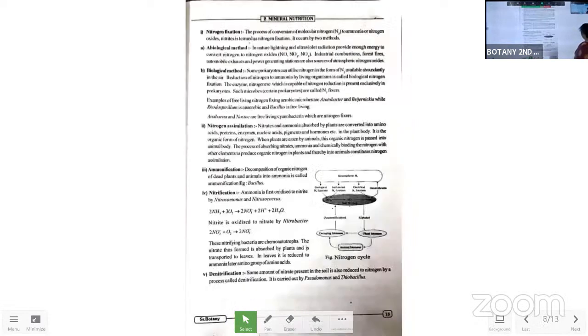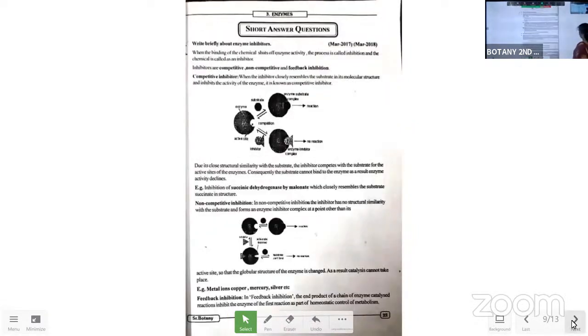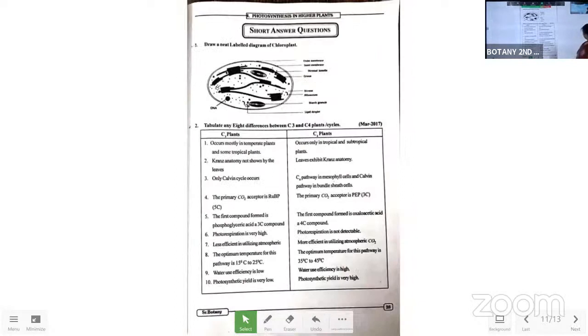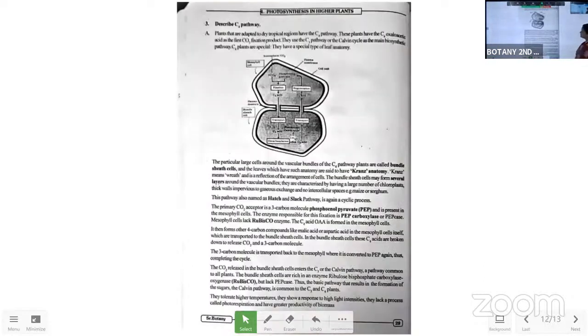So today we are discussing the SAQs from the photosynthesis and respiration chapter. Till now we have finished transportation in plants, mineral nutrition, and enzymes, and in photosynthesis, two questions we have finished. That is the neat labeled diagram of the chloroplast and the differences between C3 and C4 cycles and plants. These two questions we have finished. Now we will go with the next question, that is, describe